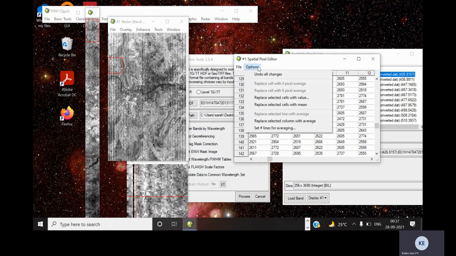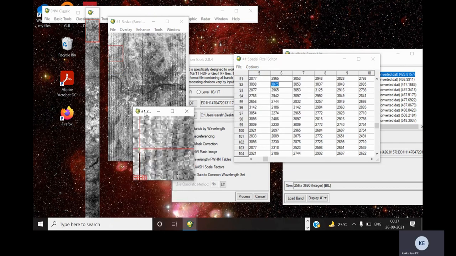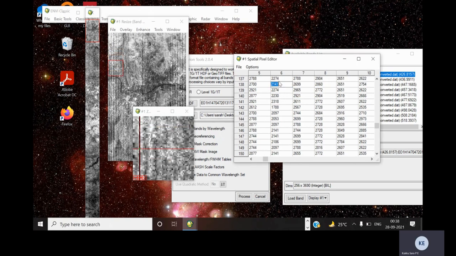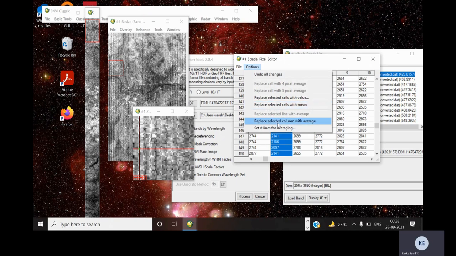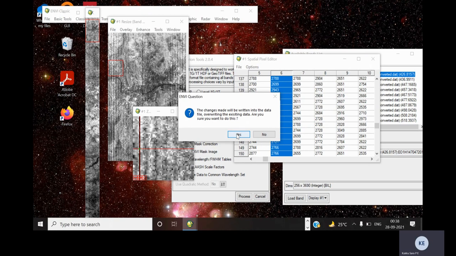So we have to continue this process to remove all of them: select the pixels by clicking on the strip line, then replace selected column with average, file, save changes.